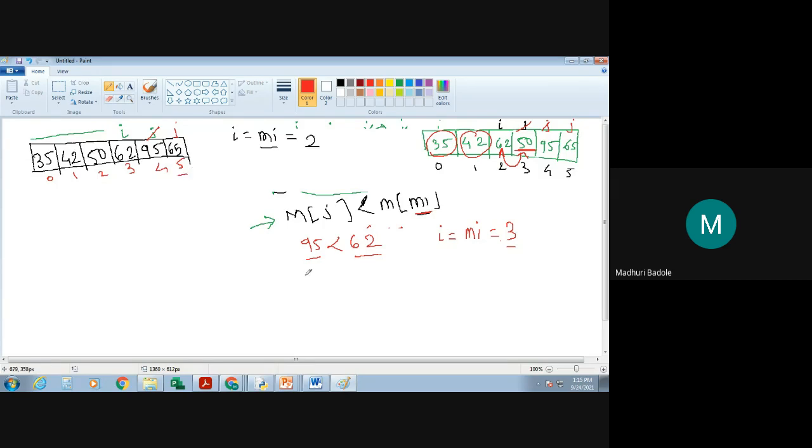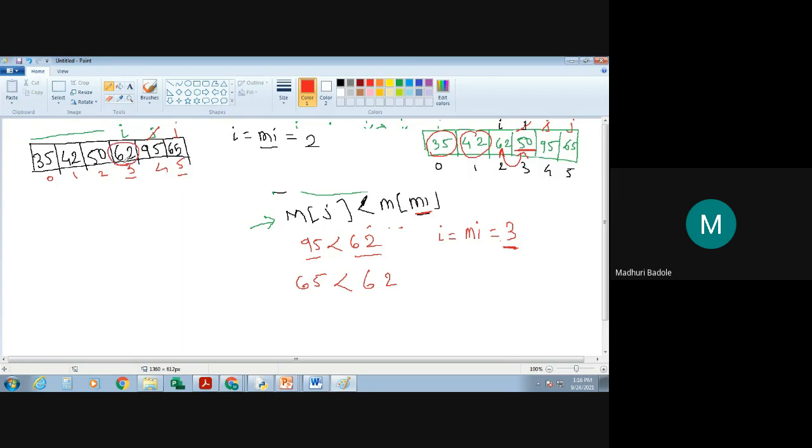Fine. You are going to compare the element 65, whether it is less than the element at the mi index, that is 3, 62. So is 65 less than 62? No, it is not. So don't change the positions of the elements, because if you are going to swap, which element are you going to swap? You are going to swap the minimum index element. What is the minimum index over here? 3 itself. At position 3 you found the minimum element.